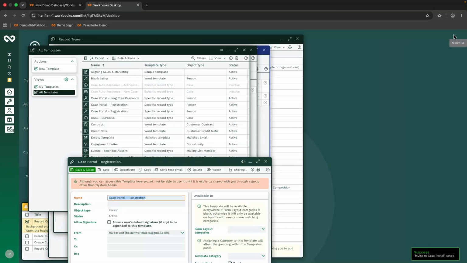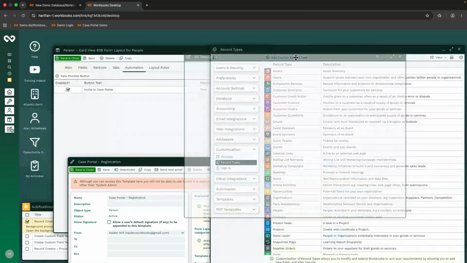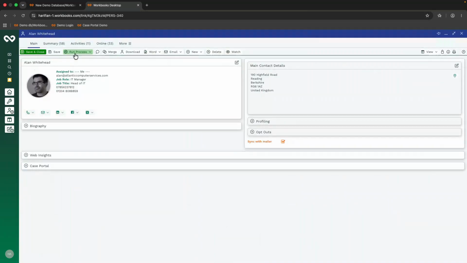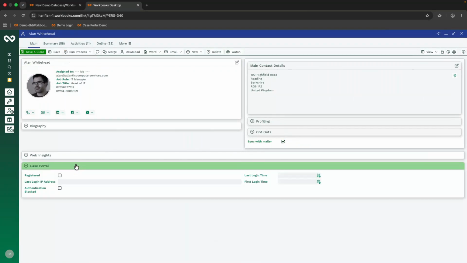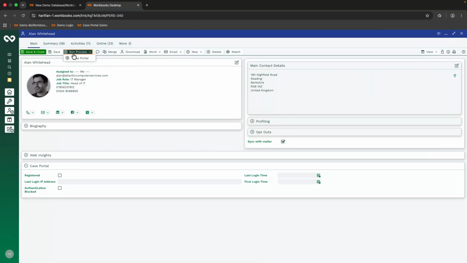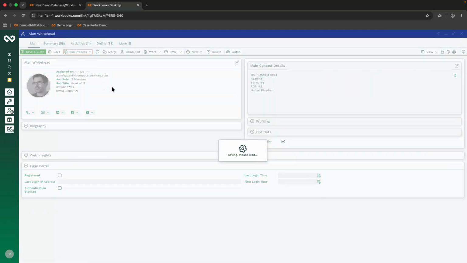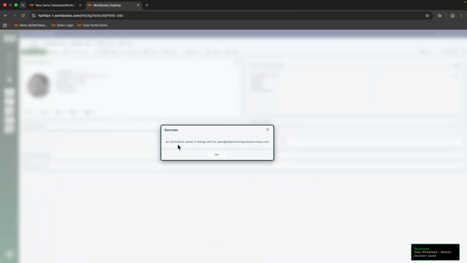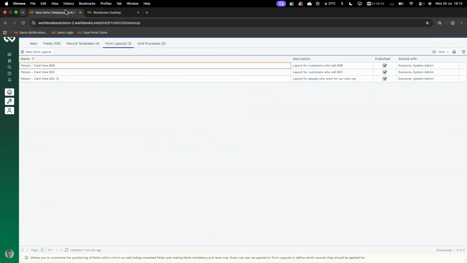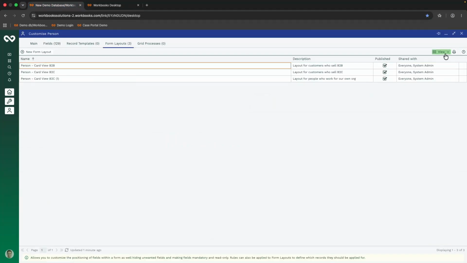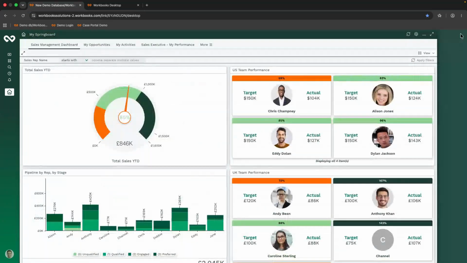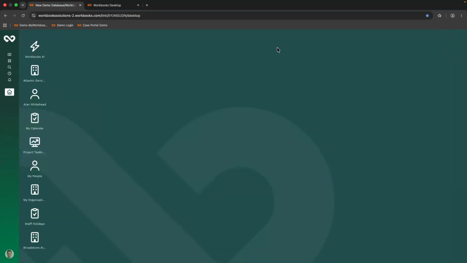And now it should appear on the person record, like so. If we try running the case portal process, you should see a message like this come up if the invitation has gone out successfully. Going back to our original demo database, apologies for the error. Once the invitation has been sent out,